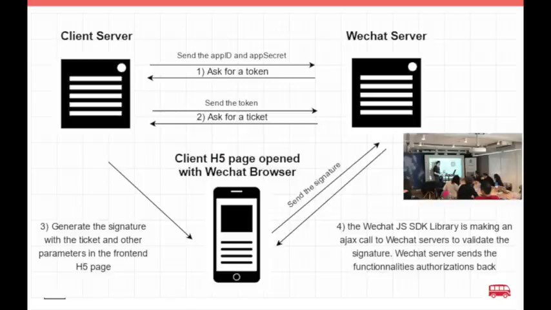And usually it's on this moment, the signature generation, that you spend, I spent countless hours comparing the signature because it's terrible. I don't know what was happening. So yeah, I'm going to show you a bit how it works. Once it's working, then you can finally access all the JS-SDK functionalities.